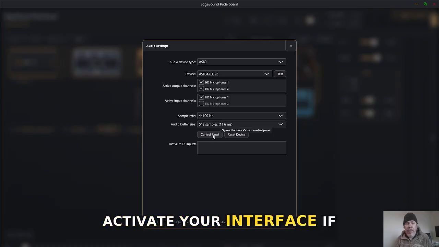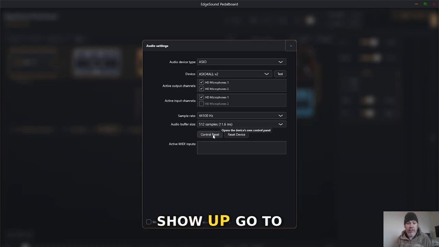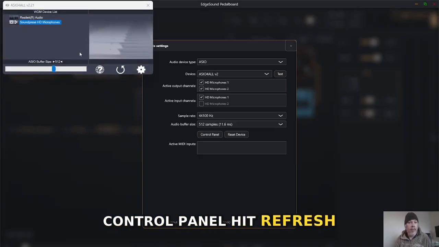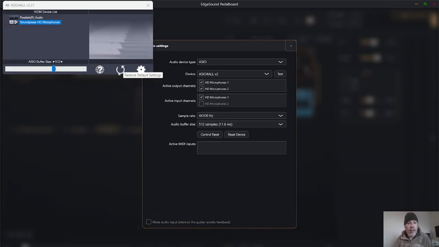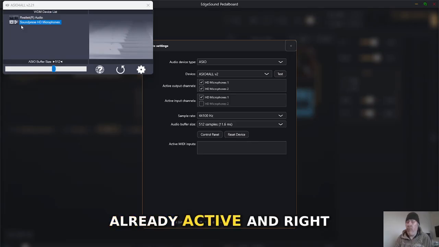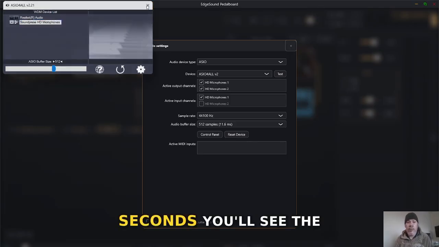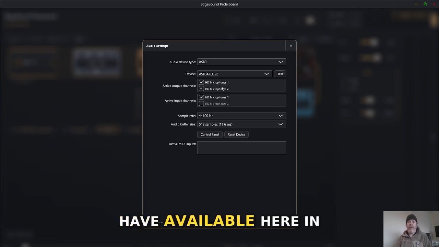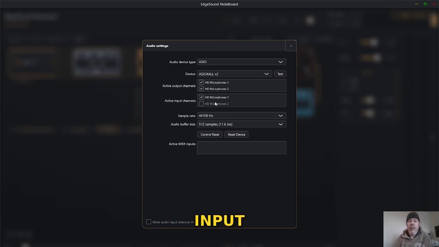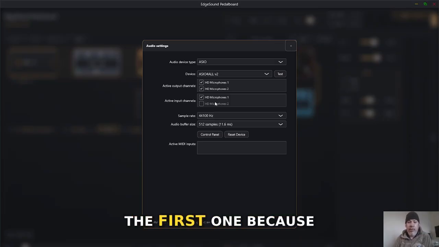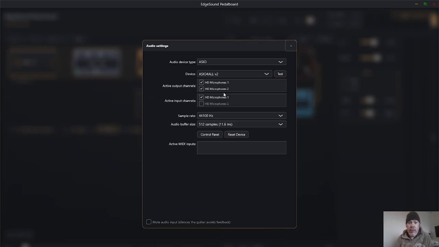To activate your interface, if it doesn't show up, go to Control Panel, hit refresh on this button here, then switch it on in case your audio interface isn't already active, and right away, in just a few seconds, you'll see the mics and outputs you have available here in the output and the input. In my case, it's the first one because I'm running a mono input setup with an external output.